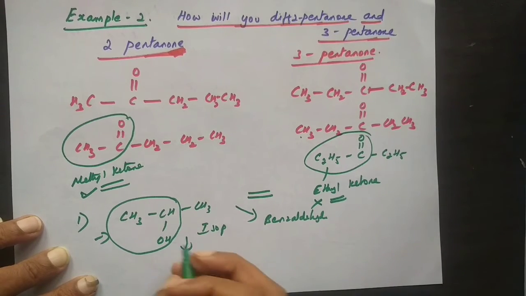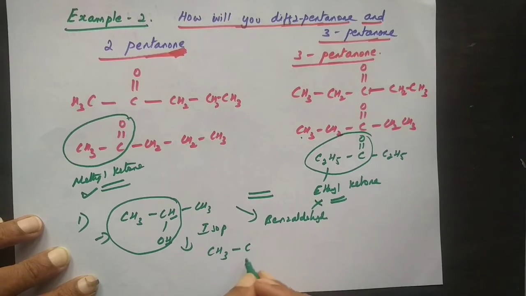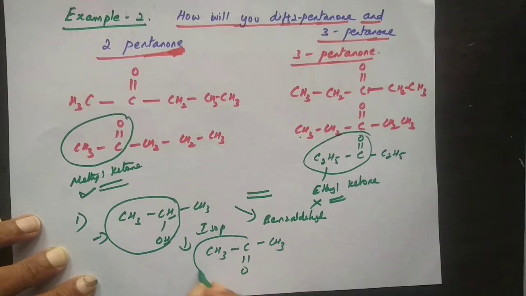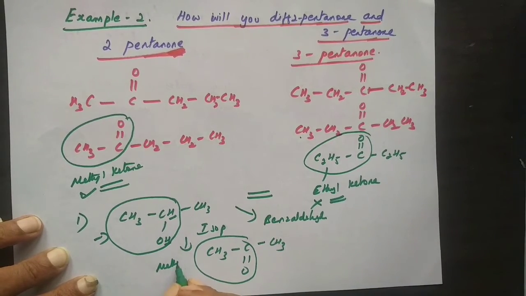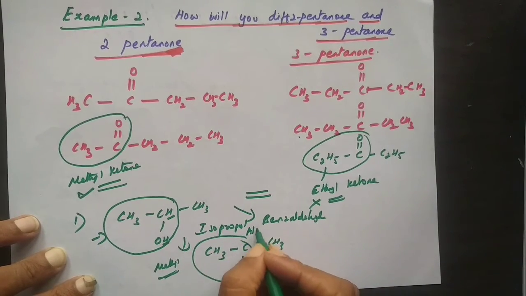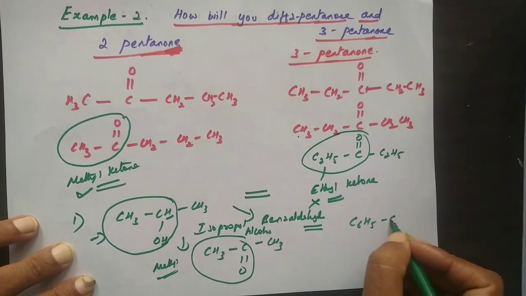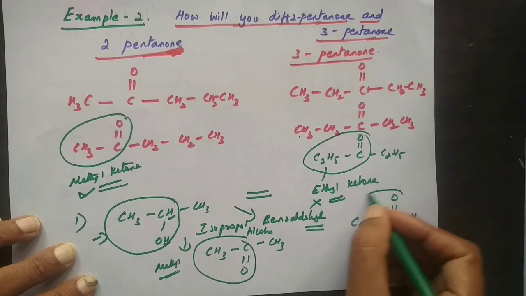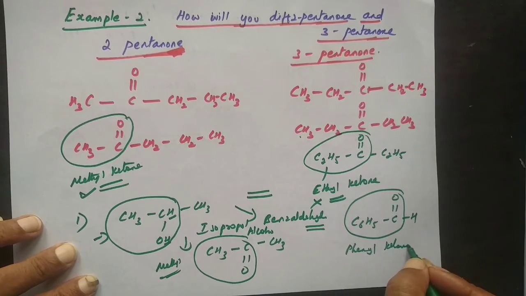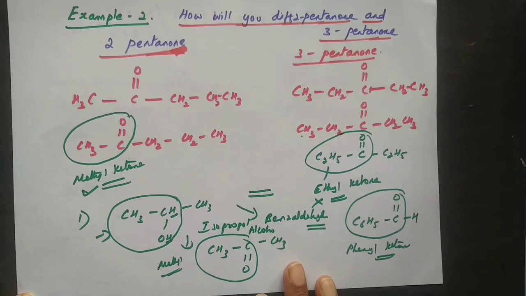Because this is oxidation, removal of hydrogen, so CH3, when I remove this hydrogen and this hydrogen, it will be CH3, C double bond O, and you will be having the CH3 here. This group is present, methyl ketone group is present. So isopropyl alcohol will give the iodoform test. But in case of benzaldehyde, it is C6H5, C double bond O, H. We got the group here, but it is what? Phenyl. It is phenyl ketone. But what we need? We need methyl ketone. So in the next video I will upload the mechanism of iodoform reaction and some more examples.